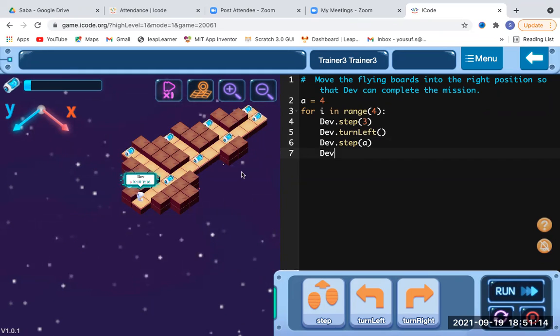So I'll put in Dev, and then the step would be minus A.